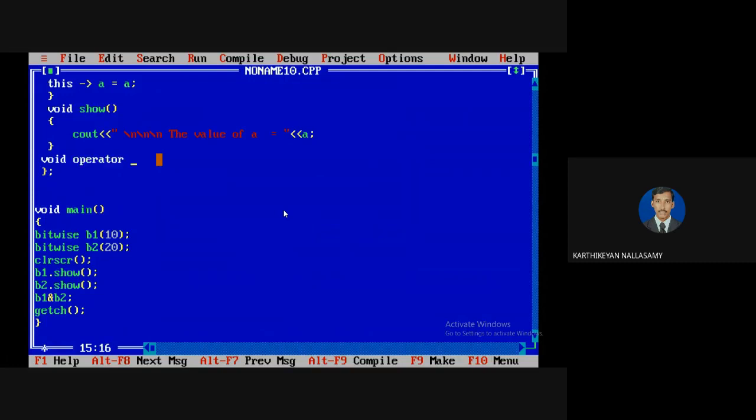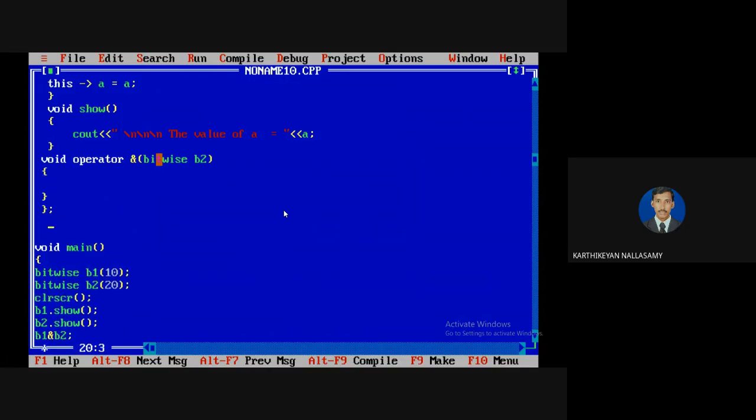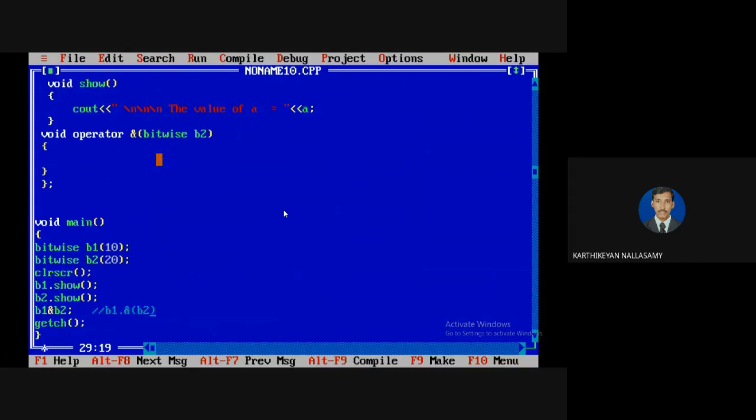So operator, then I'm going to use the symbol ampersand, and it is a binary operator, so we need to implement one parameter. With member function implementation, the equivalent conversion is b1 dot the ampersand function, and b2 is passed as the argument. Here b1 is the current object.